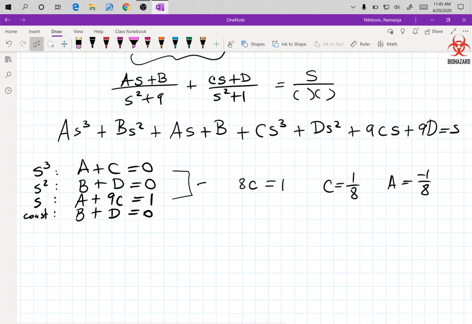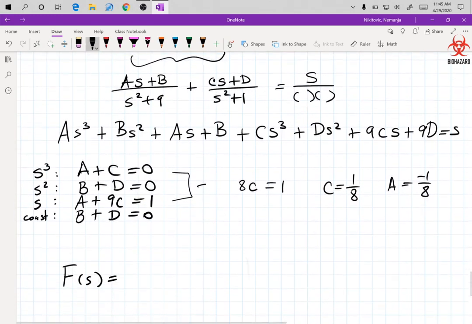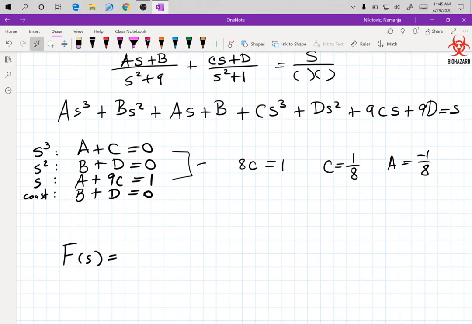So my F of s is given by negative 1 over 8 times s over s squared plus 9,